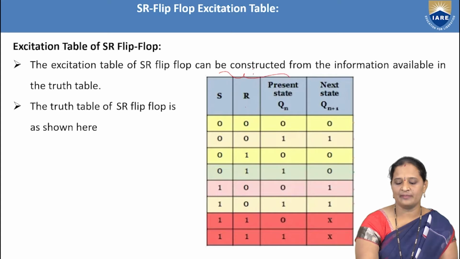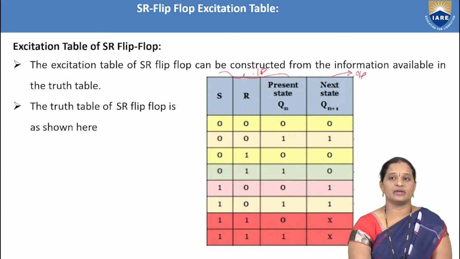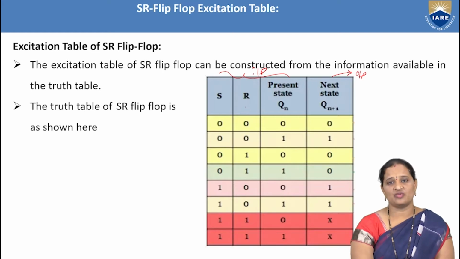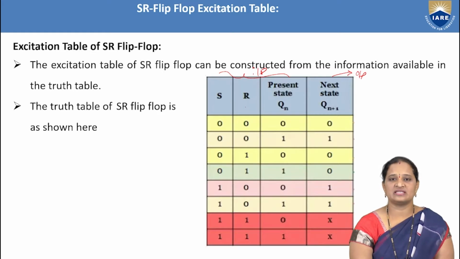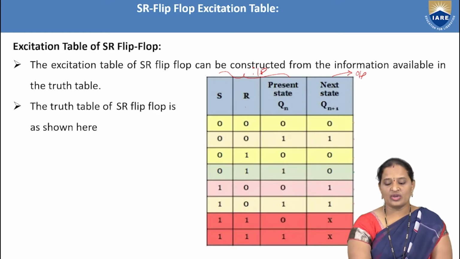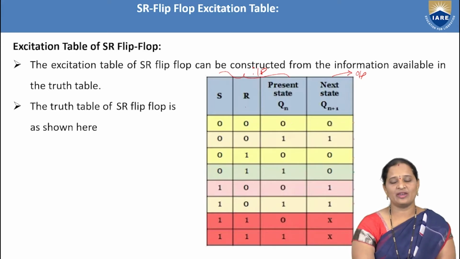So these are all the inputs, whereas this one is considered as output, which is the next state of the flip-flop. As this is a sequential circuit, we all know that in a sequential circuit, the next state depends on the present inputs and also the present state. So here S, R and Qn are the inputs,